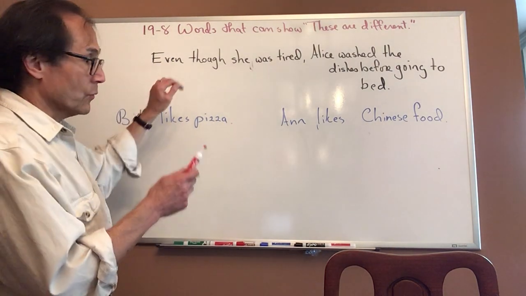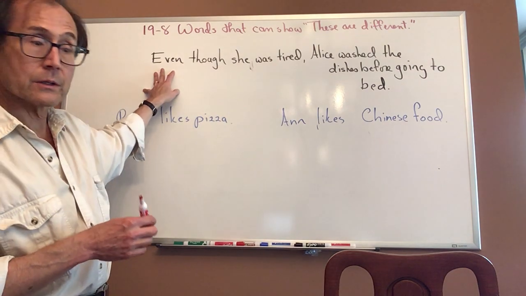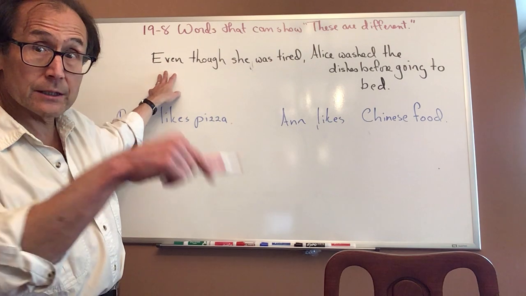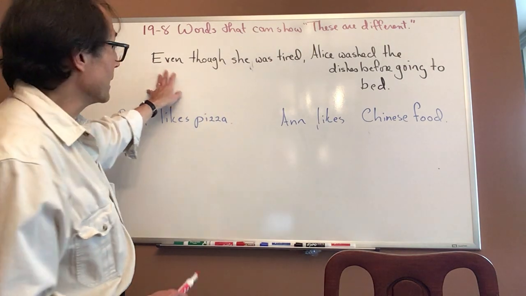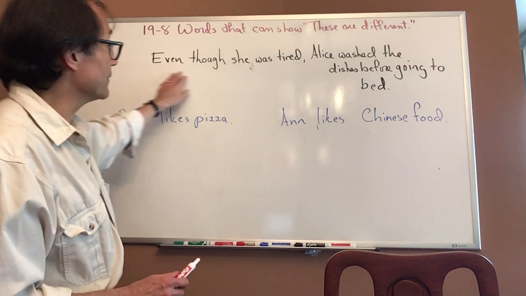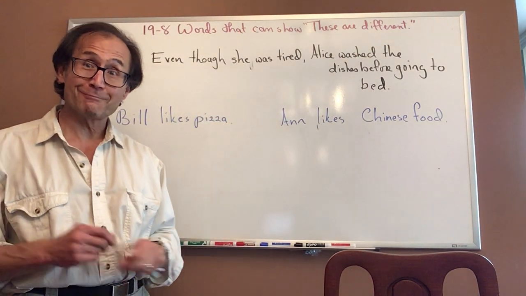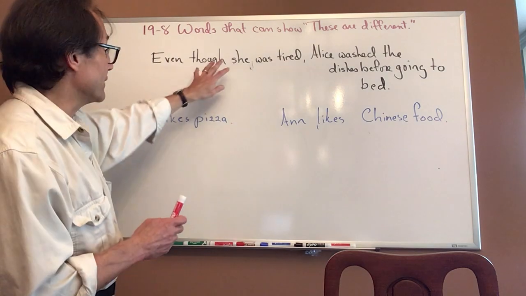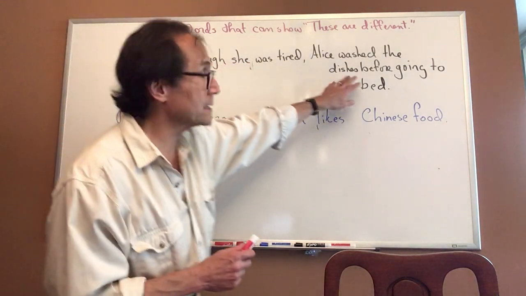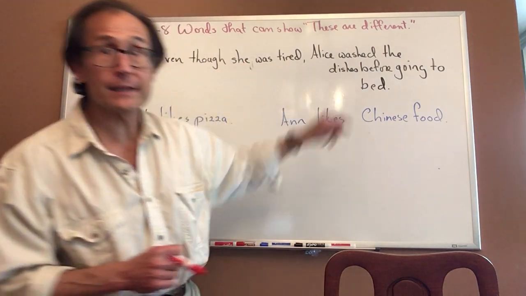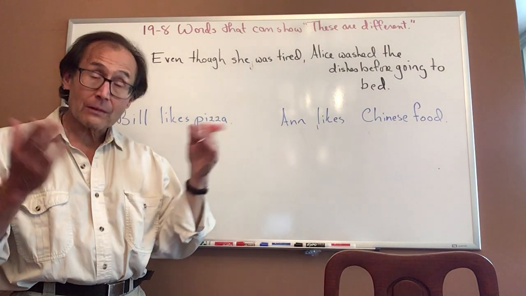So words like even though, although, or nevertheless, that we studied in chart 19.7, can show that. I could say, even though she was tired, Alice washed the dishes before going to bed. And it shows that if this is true, this is unexpected. Okay? This is true, and this is unexpected. Okay? Now,